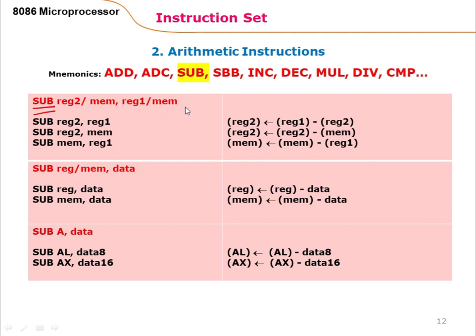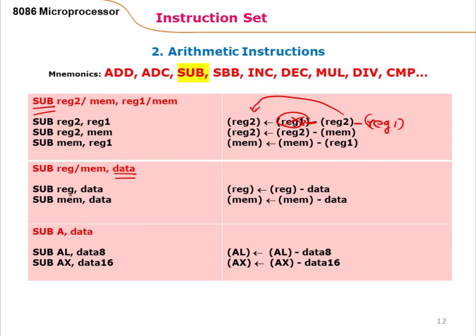The next instruction is the subtraction instruction. So we use the subtraction instruction. So forget this, this is wrong here. So what does this instruction do? It subtracts the register 1 content from register 2, and the result is stored in register 2. Similarly, subtraction SUB register 2 comma memory, the contents of the memory location are subtracted from the register 2 data, and the contents are returned to register 2. So the same we can use with the immediate data.